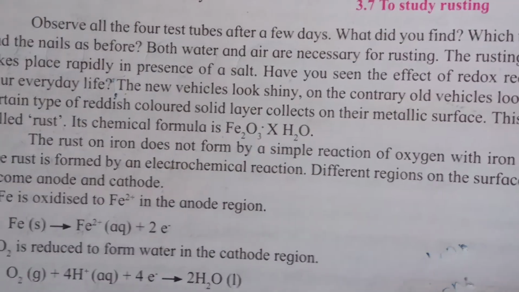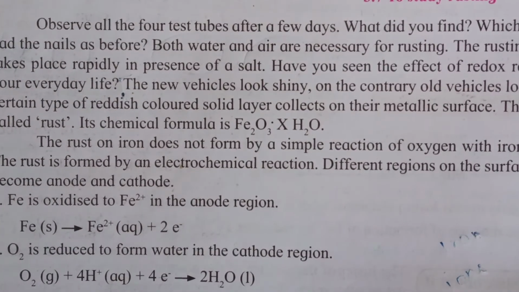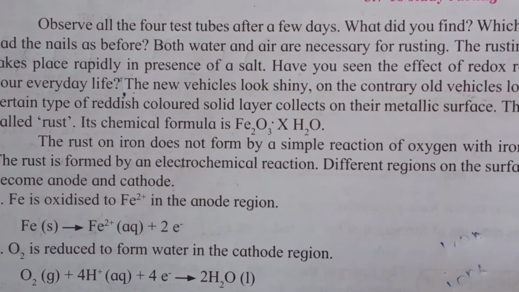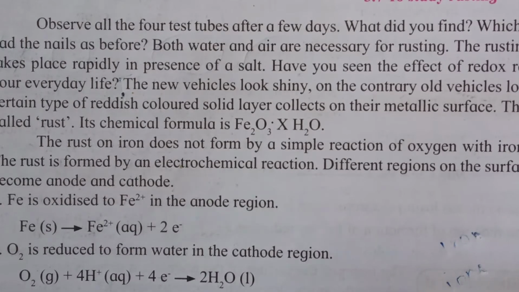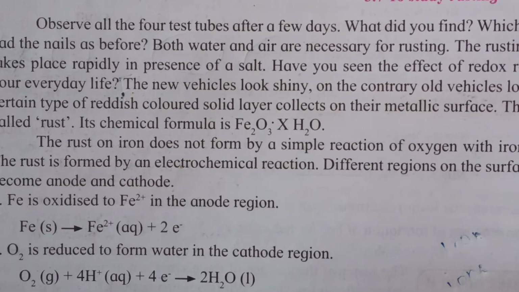Now, due to various components of the atmosphere, oxidation of metals takes place, that we all know, which consequently results in their damage. Means when rust happens, it results in the damaging of the metallic substance. This is called corrosion. Now iron rusts and a reddish colored layer collects on it, which is nothing but corrosion of iron. Now corrosion is a very serious problem. About corrosion we'll be learning in the upcoming lessons, so there you will get a proper idea and the specific information which you need about corrosion of iron.